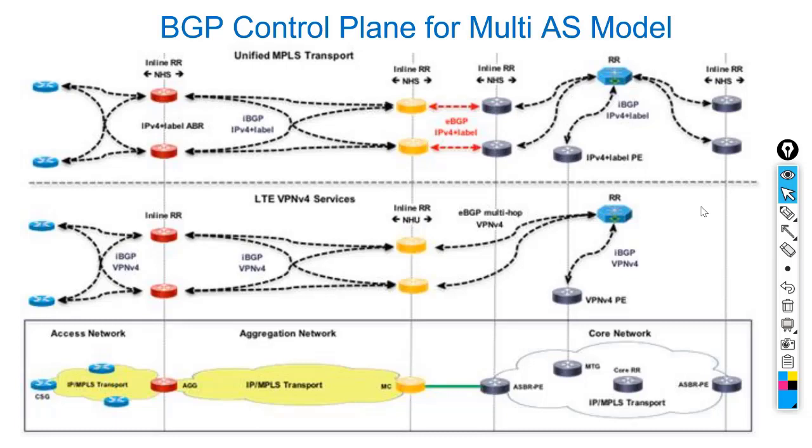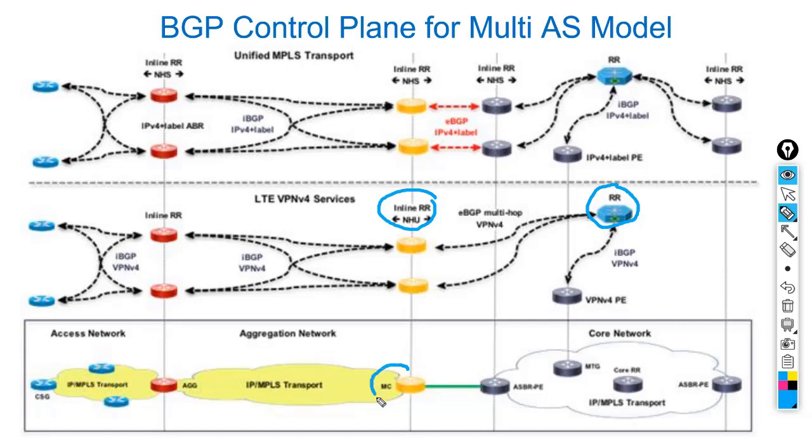There are different options. In the metro network, we choose option C, which uses a route reflector in each AS to exchange VPNv4 routes. So the route reflector in the core network